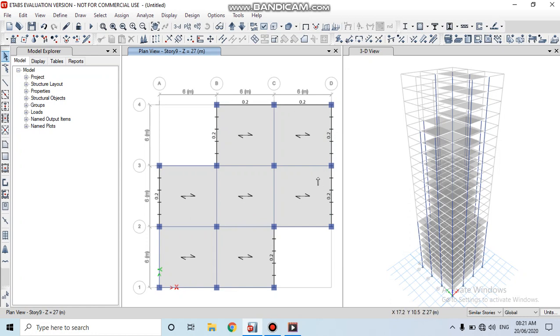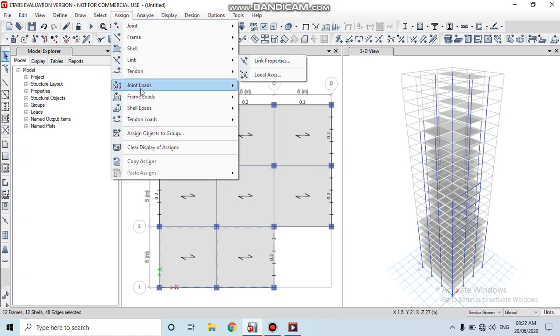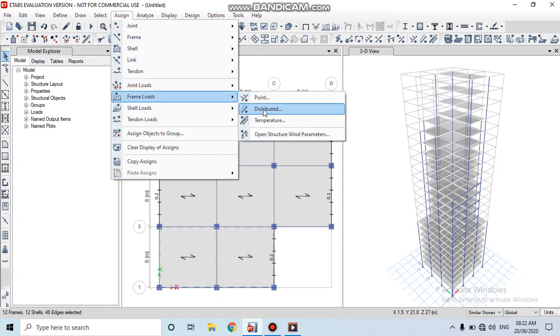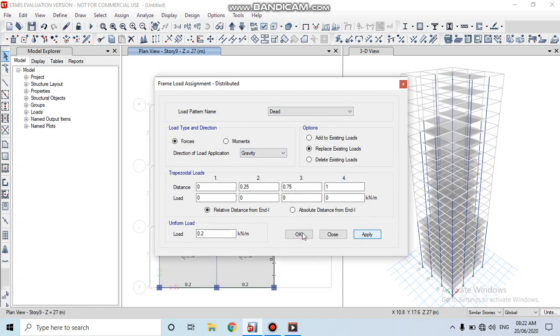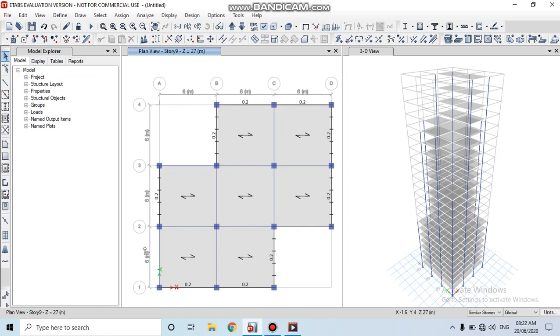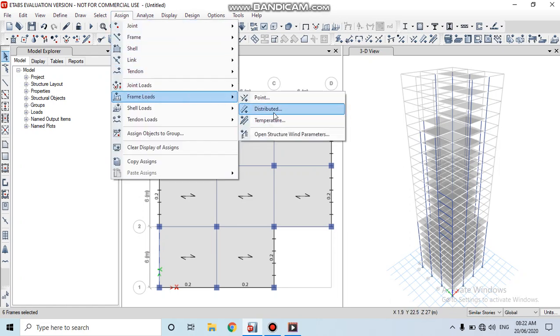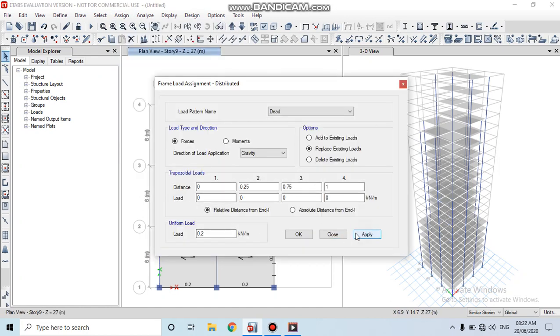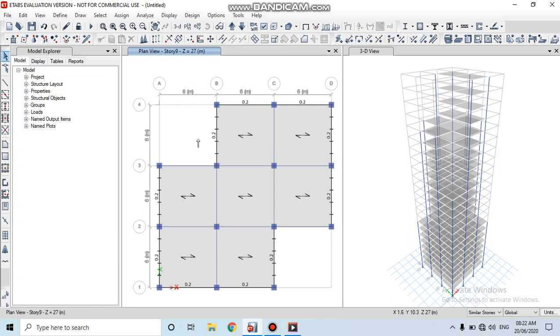Here the auto draw cladding is done from story 9 to 14.